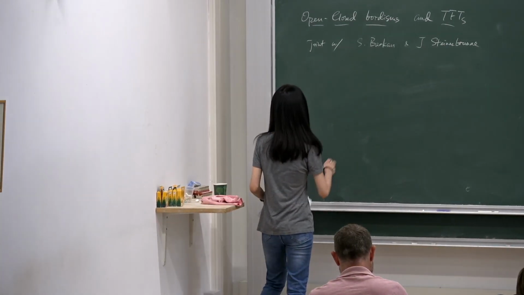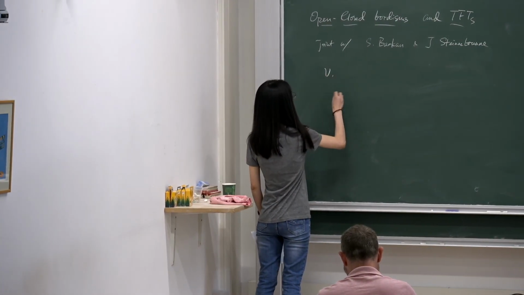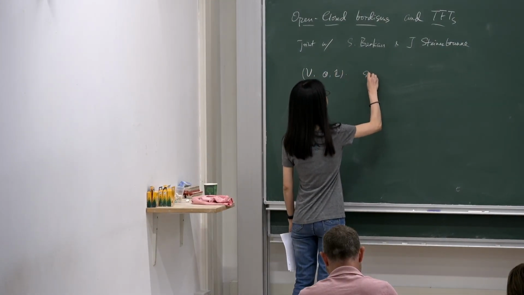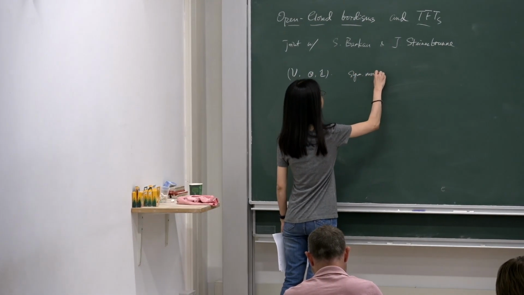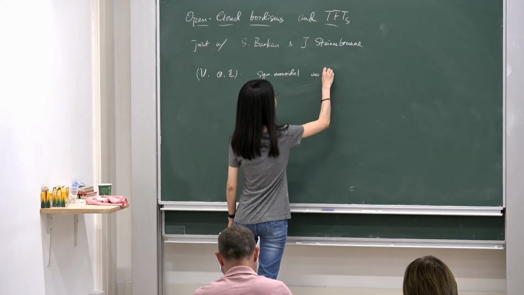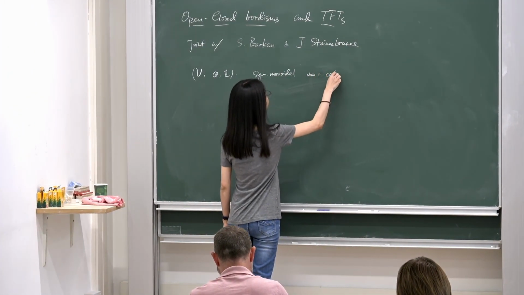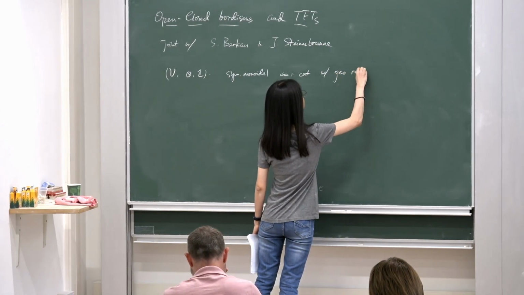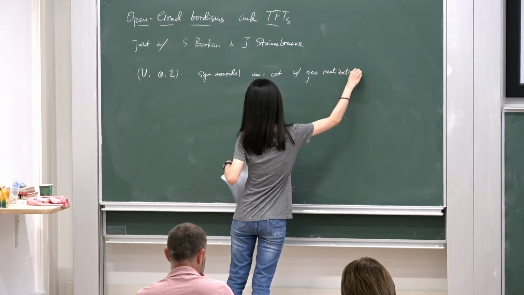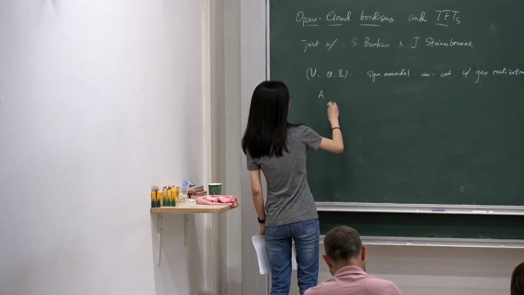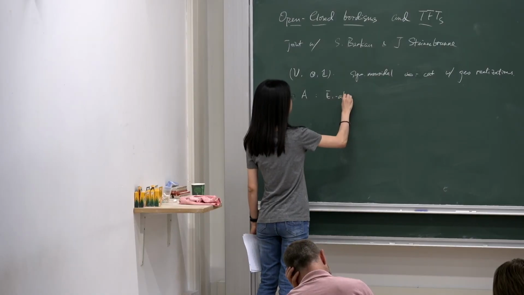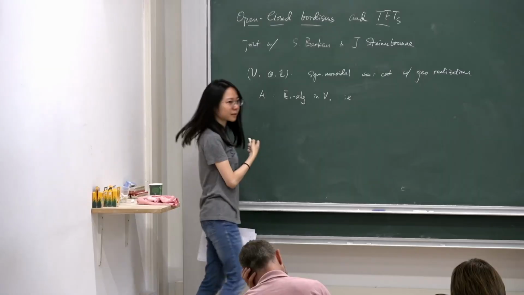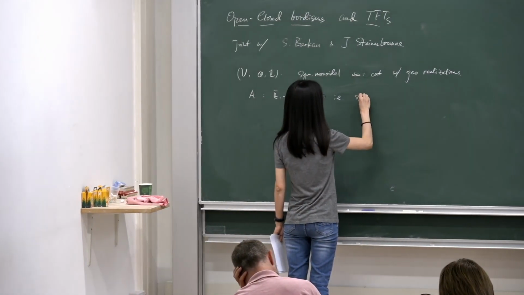Let's start by fixing some notation. Let's consider D to be a symmetric monoidal infinity-1 category, maybe just infinity category, and I also want it to have all geometric realizations. Suppose that A is an E1 algebra. In other words, you can also think about an E1 algebra as a symmetric monoidal functor,